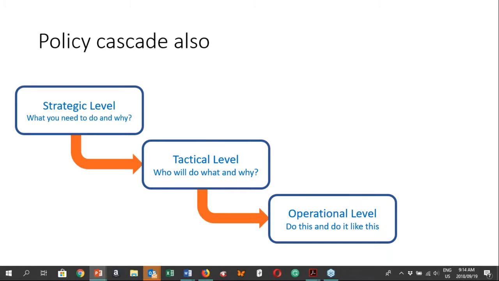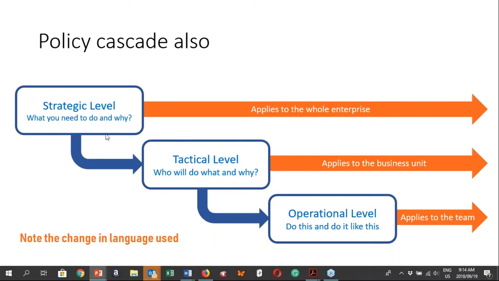So you will have a high-level policy that's operating at a strategic level, a tactical level, and an operational level. The high-level policy will apply to the whole of the organization. The tactical level most probably to a line of business or a unit or whatever. And then operational level policy may even apply to a team. So it's actually quite interesting on the slide to note the words that we use.